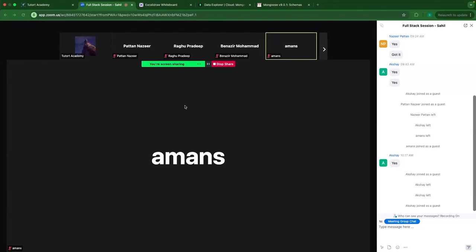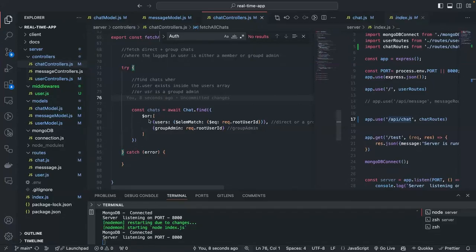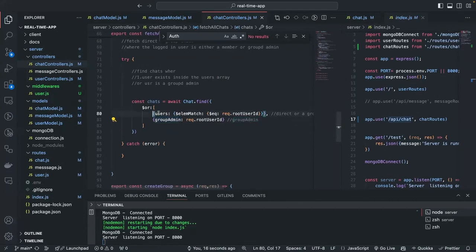So what is happening here is, okay, we have two cases: if the user is a group admin or if the user belongs to the users array. So if it's a group admin, the user ID will be equal to the group admin, so it will be considered as a group admin. Or inside the users array, if the root user ID matches with any other ID, then it's just a direct member. And once we get the details, we can populate